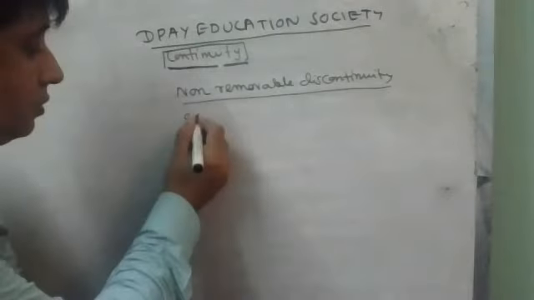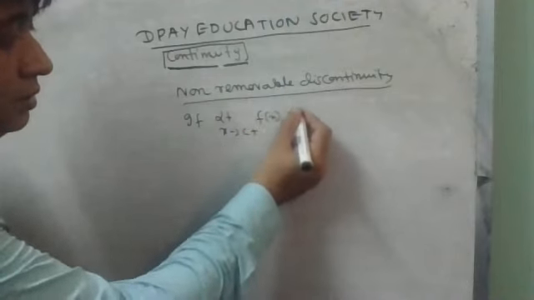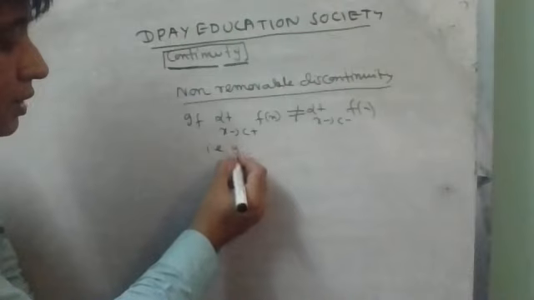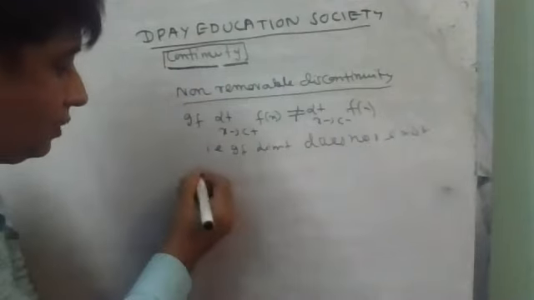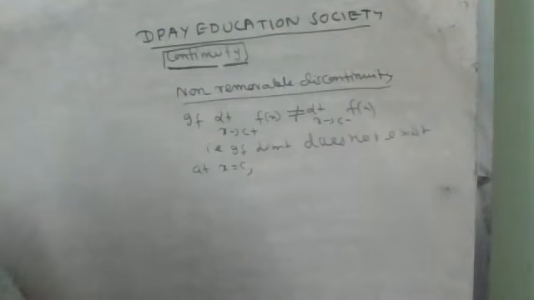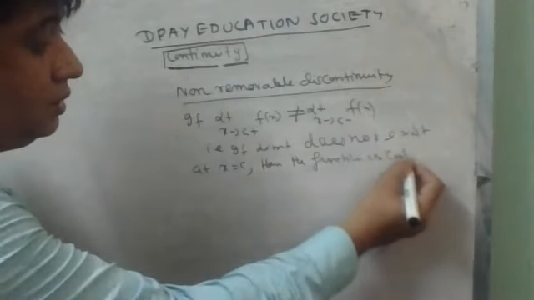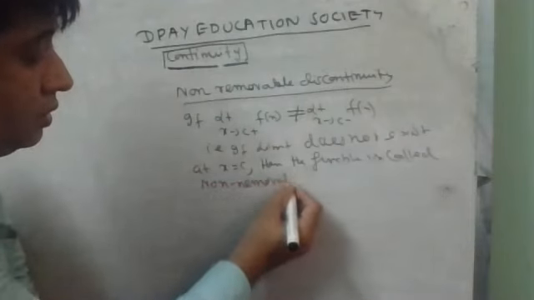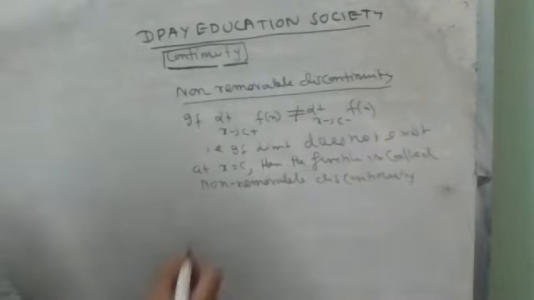When limit x tends to c plus f(x) is not equal to limit x tends to c minus f(x), that is, if limit does not exist at x is equal to c, then the function is called non-removable discontinuity at x is equal to c,